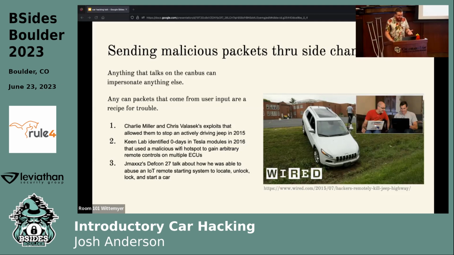Keen Labs Tesla hack. That happened in 2016, and that was remarkably similar. I really liked the attack chain that they did on this one. They were able to identify that the web browser used internally in the Tesla was an old version with known vulnerabilities. They tricked the car into connecting to an evil Wi-Fi AP that they controlled, where they were then able to exploit the vulnerability in this browser to get a low privileged user locally on the car,